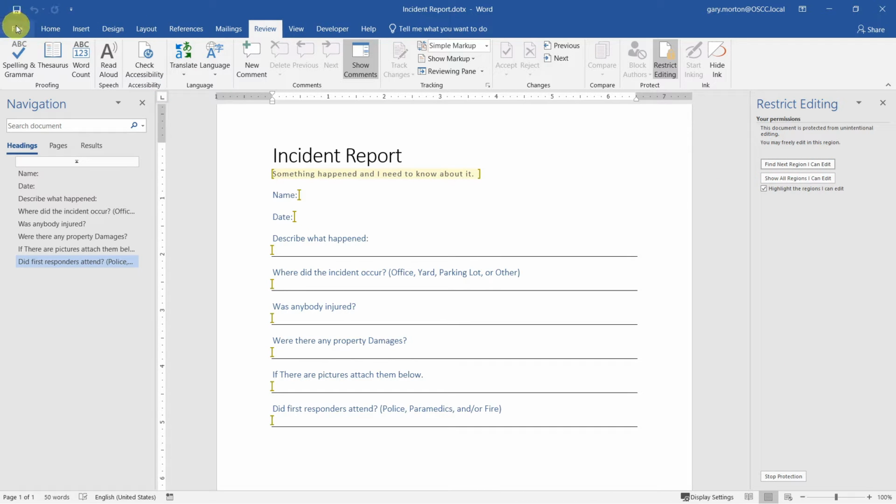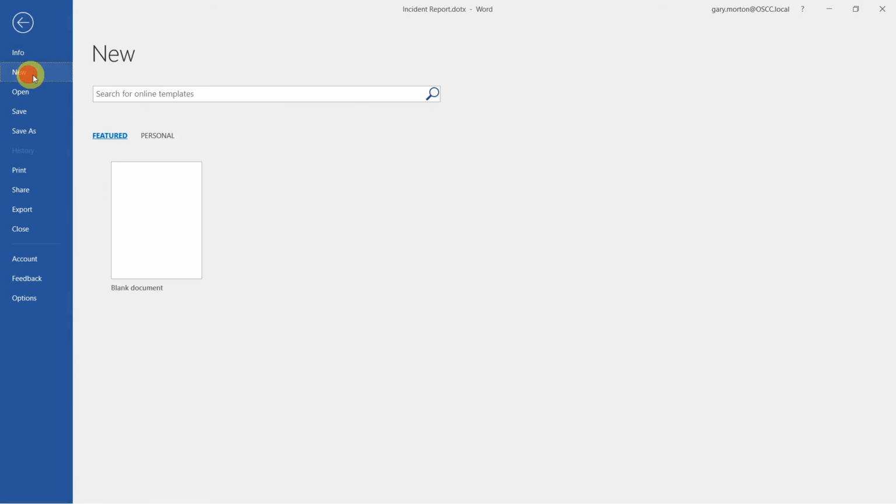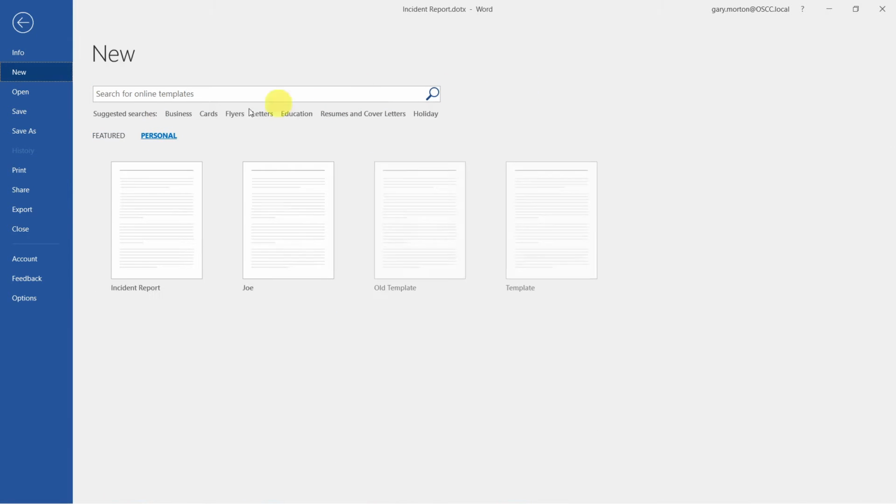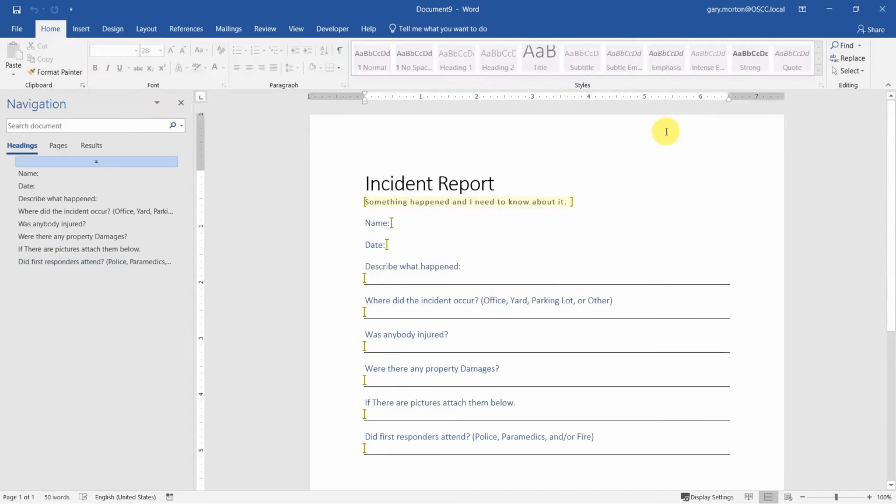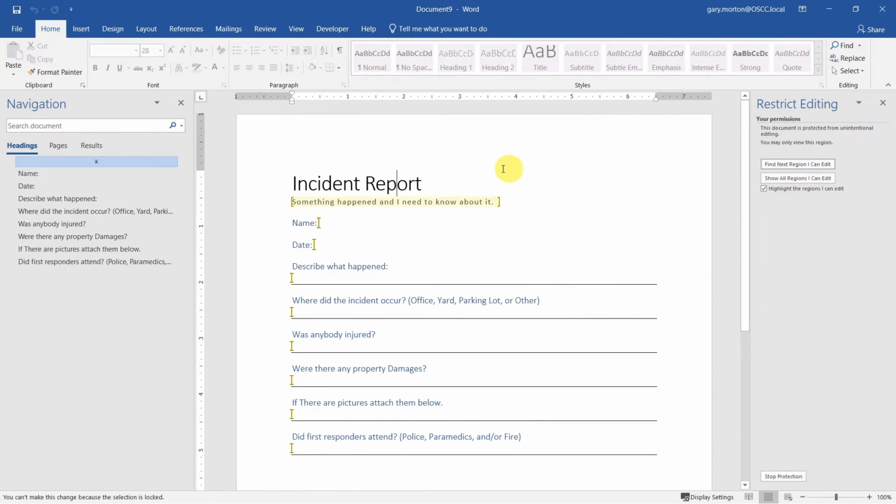Let's save our template. Go File, New, and Personal, and open up another incident report. Now, if I click in a place where you're not allowed to edit and try and type,